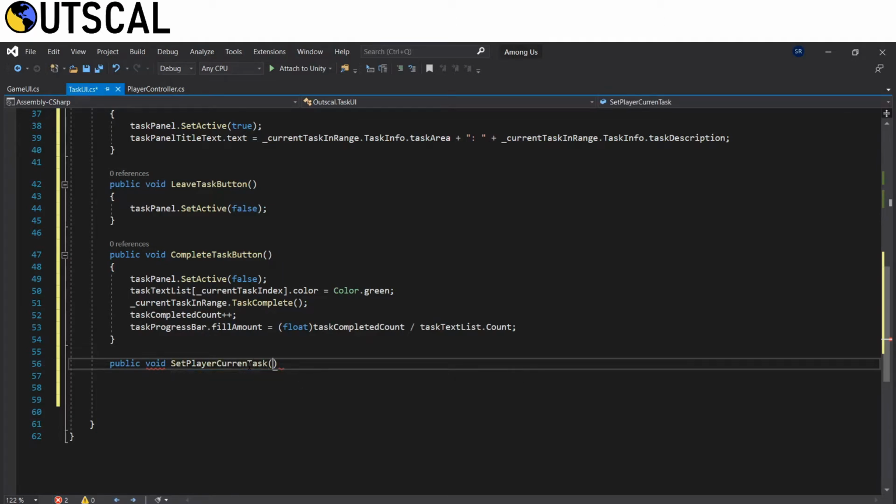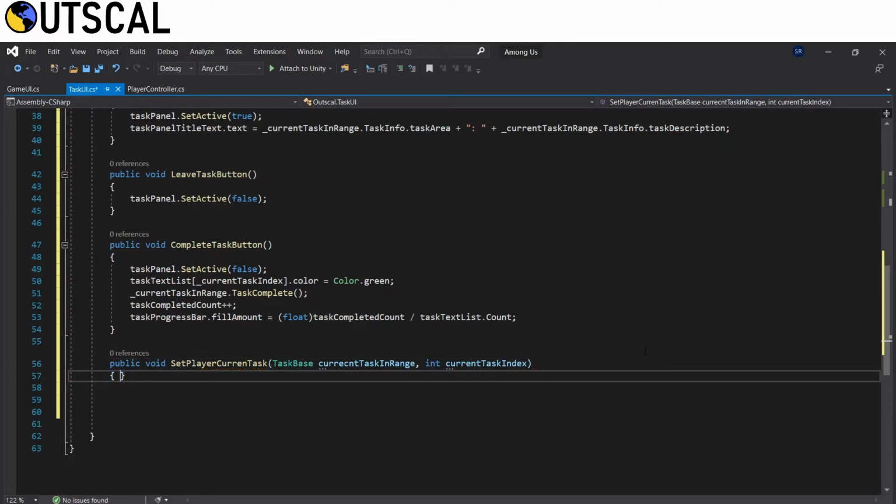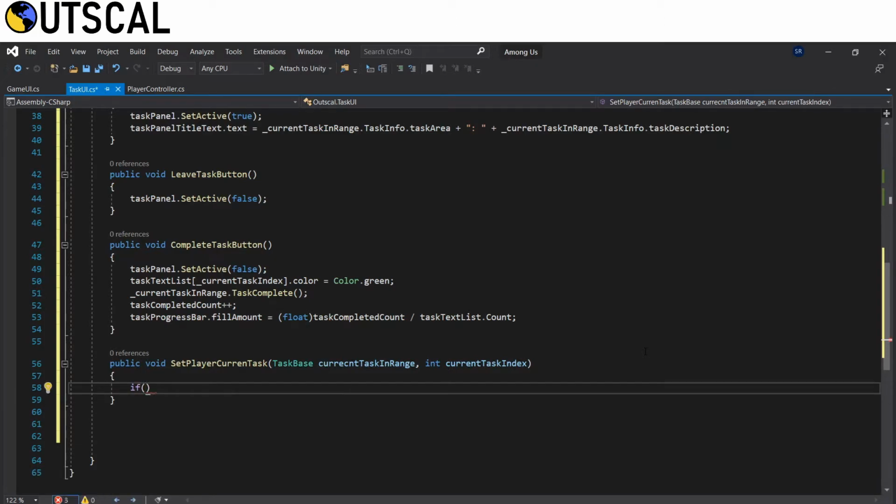Then create a public void set player current task method. Now this method takes parameters like task base, which we name as current task in range, and int current task index variable.